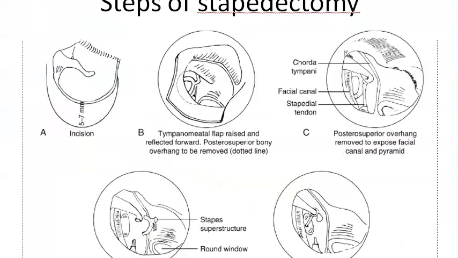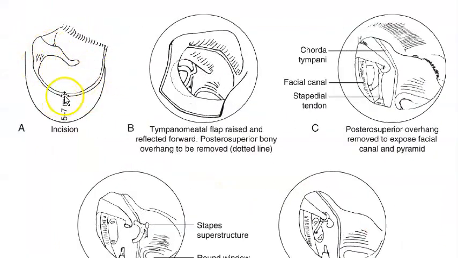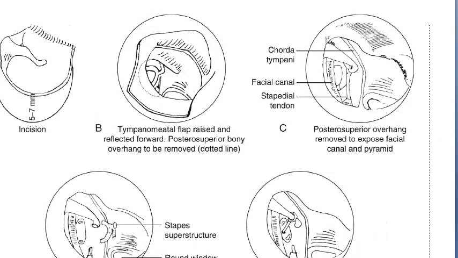Look at this photo here. So this is your tympanic membrane. They are creating a tympanomeatal flap, right? They are going to raise it. They are reflecting it forward. So what can they see now? They can see this area where you can see what all. You can see the,